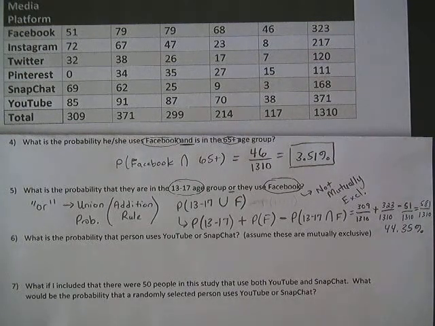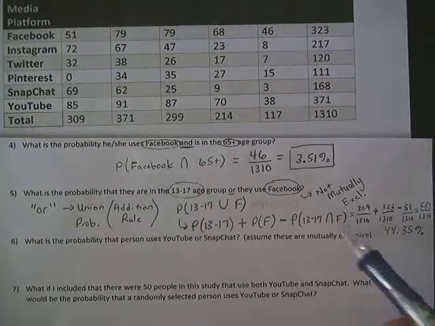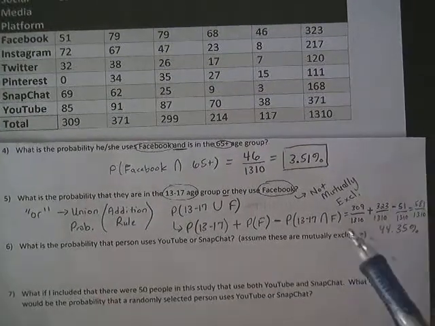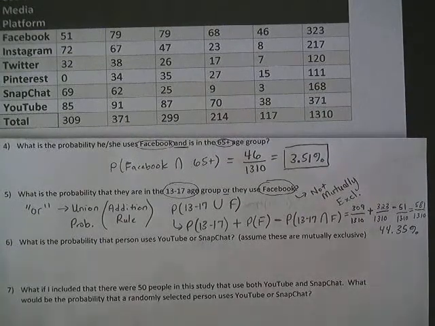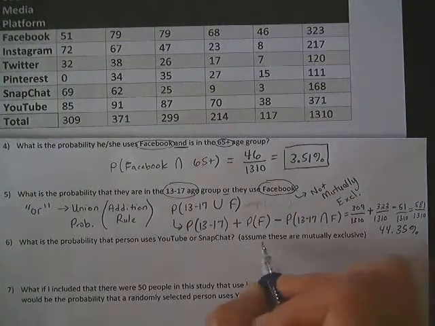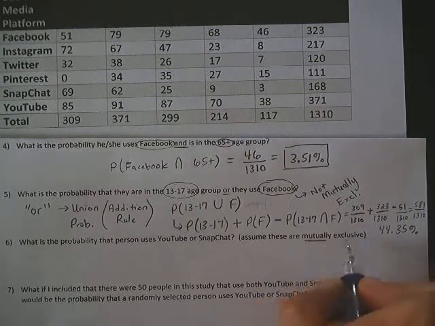And there is a reason for that, because in real life, a lot of people use multiple social media platforms. So there's probably some people that use YouTube and Snapchat, some people in that overlapping category that use both. But for the sake of this problem, they're wanting you to assume that they're mutually exclusive,